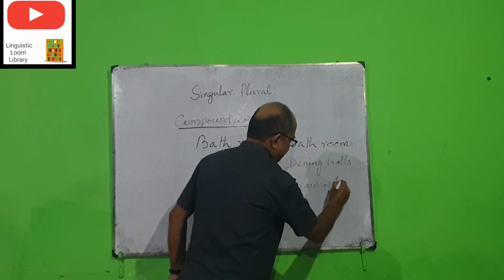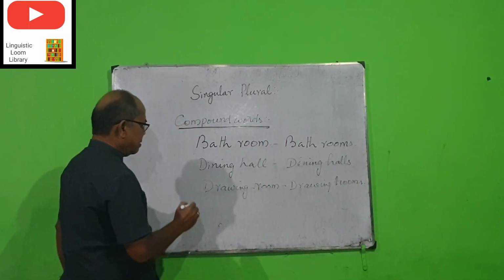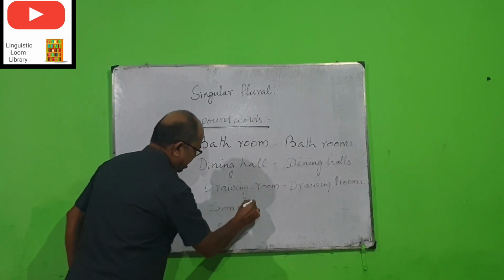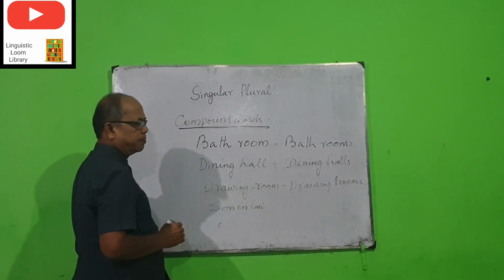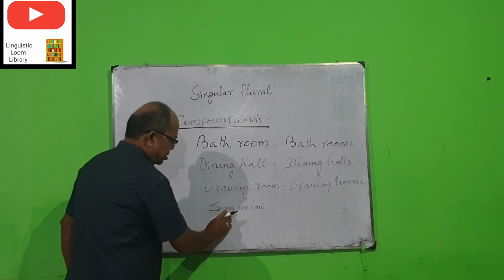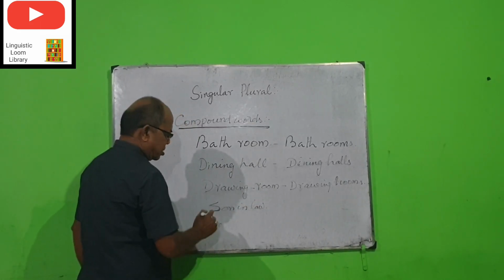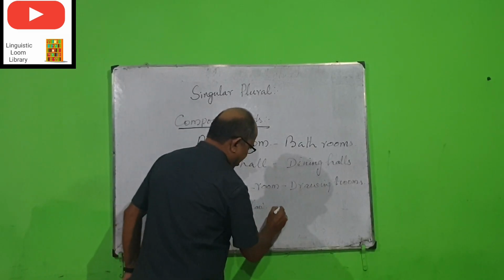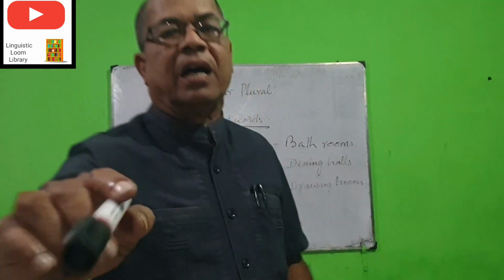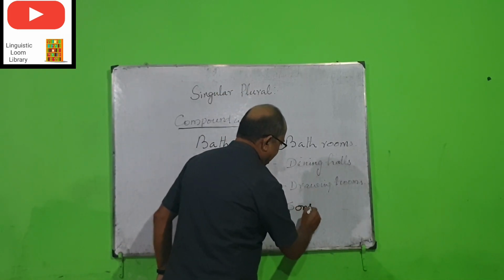So, likewise, we are having some other words like son-in-law. There are three words here. The first word is acting as a noun. This is a noun, this is a preposition, and this is a noun. So, sons-in-law. The first word is taken into account for making it into plural. Likewise, daughter-in-law, daughters-in-law,